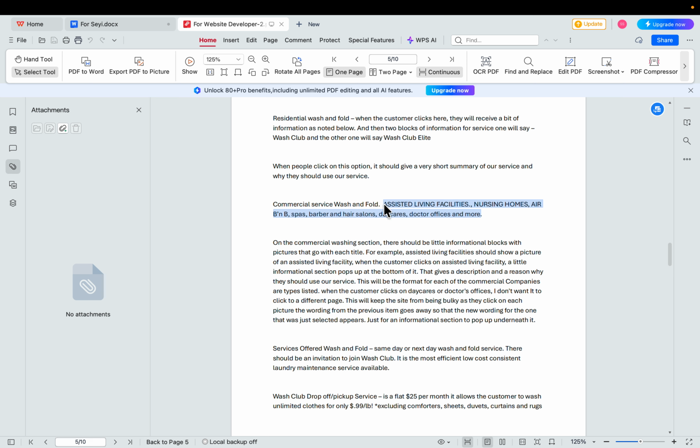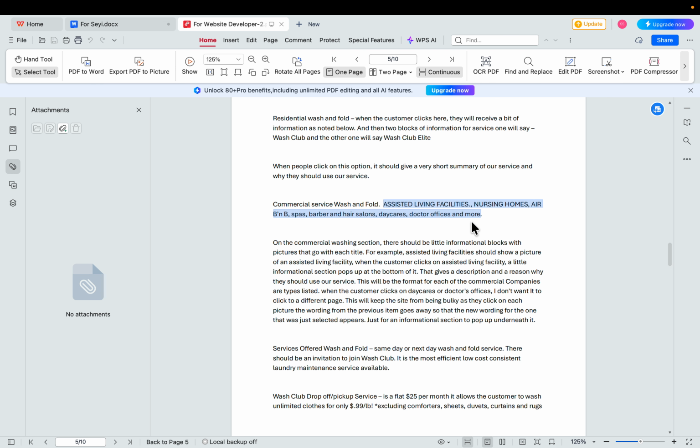If they click on nursing homes, it will give them information about nursing homes. If they click on Airbnb, information about Airbnb. If they click on spas, information about spas. If they click on barber and hair salon, information about barber and hair salon, and the other stuff.